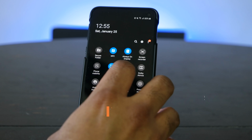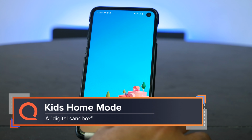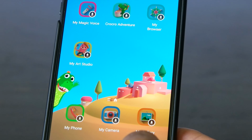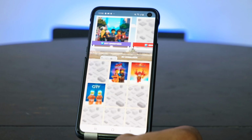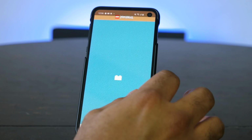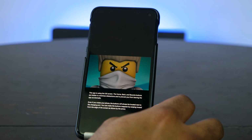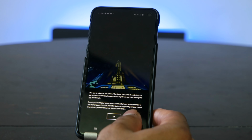Other items of note in Samsung's One UI are Kids Home, Windows Link, Focus Mode, and Bixby Routines. Kids Home is what it sounds like. You can set up the phone so that when you hand it to a child, they'll only be able to access age-appropriate content and not hand back a phone which they've randomly been pressing buttons and icons and settings and have you wondering why things are missing from your home screen and why your phone is stuck in some funky mode. Kids Home is colorful, bright, and very inviting, and definitely a fun digital sandbox for little ones to explore